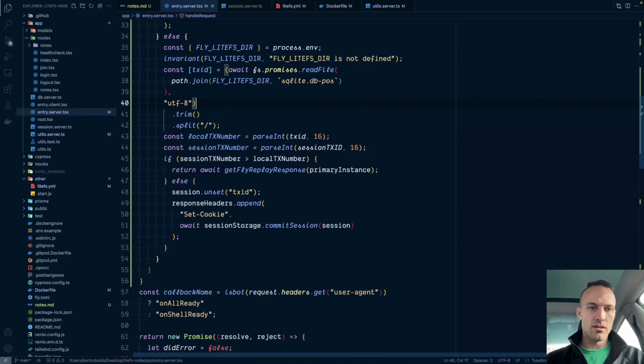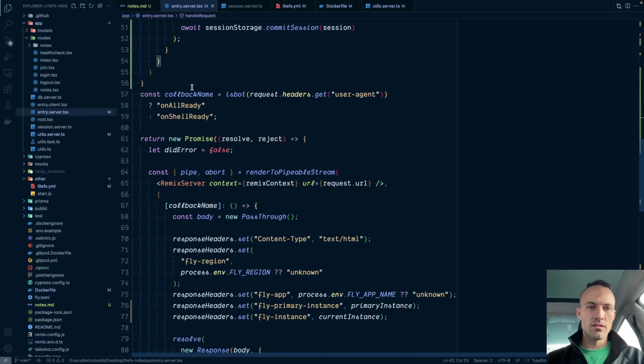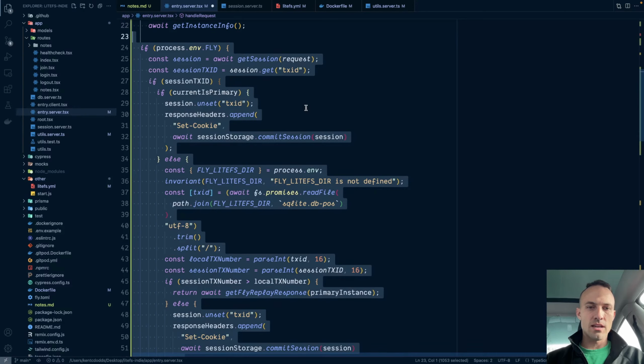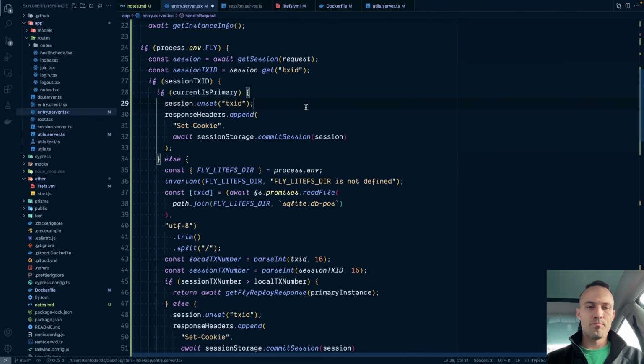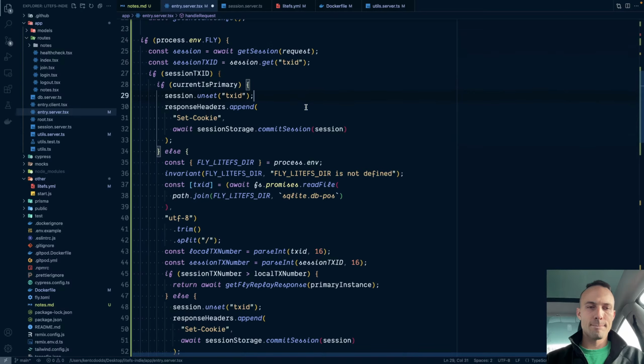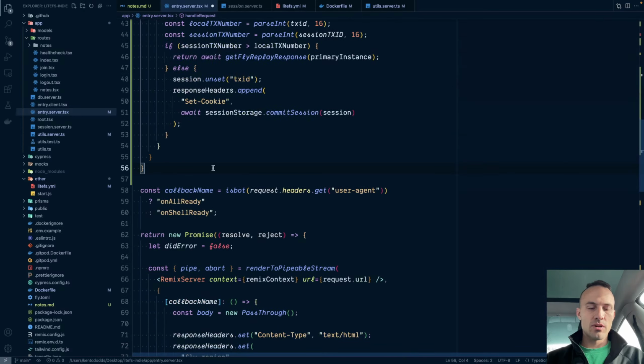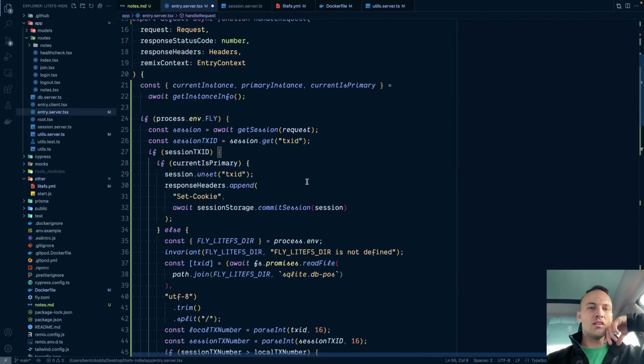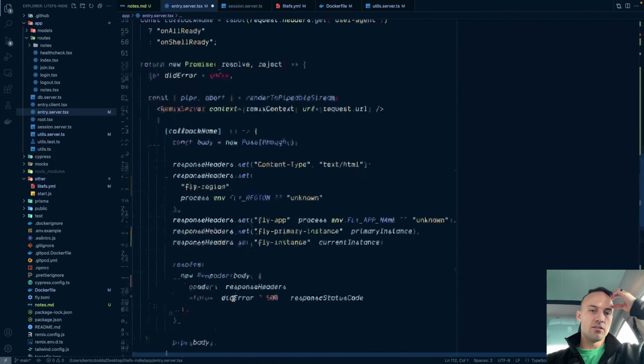Why does that look so funny? Yeah, because of these trim split nonsense. We'll refactor it, don't worry. Okay, so that's how we deal with one that's set. Now, how do we set one? So we're going to set one if the method is a post. And we'll want to do this same logic in here too, but